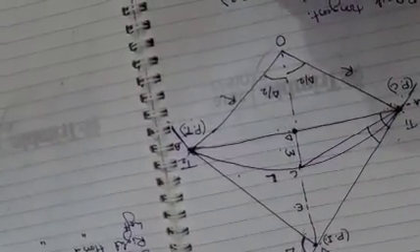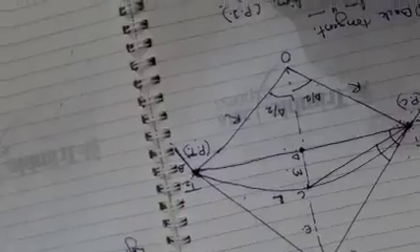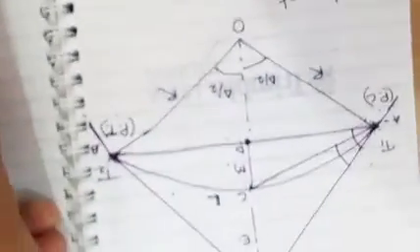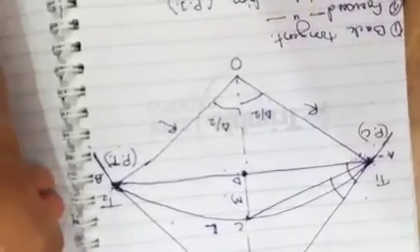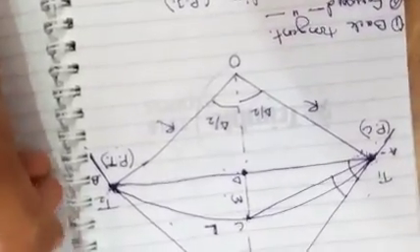These are some of the important parts of the curve, and the definitions of the curve might be asked in the examination. Draw a neat sketch of a simple curve and give the elements of the curve. So these are some of the elements of a curve which are to be summarized.